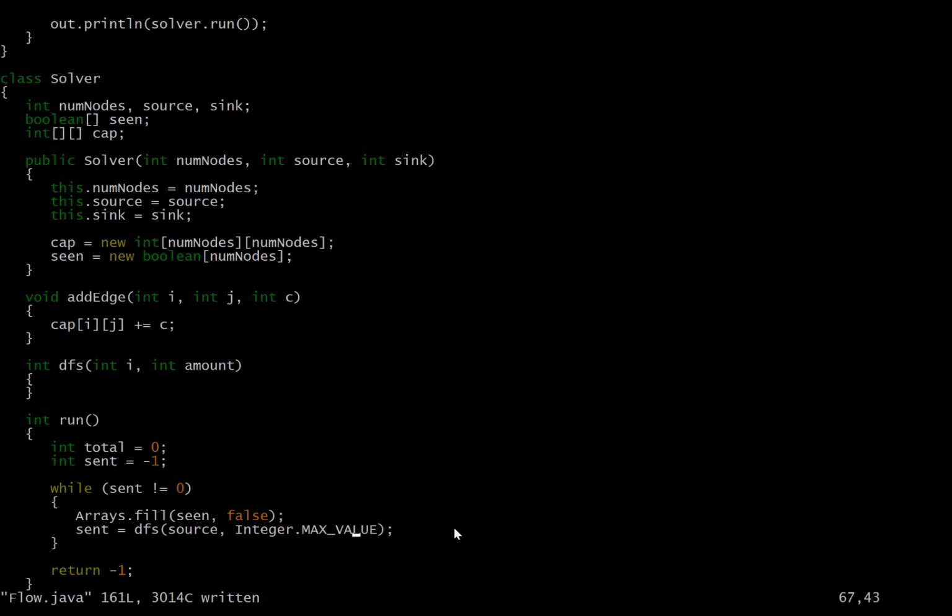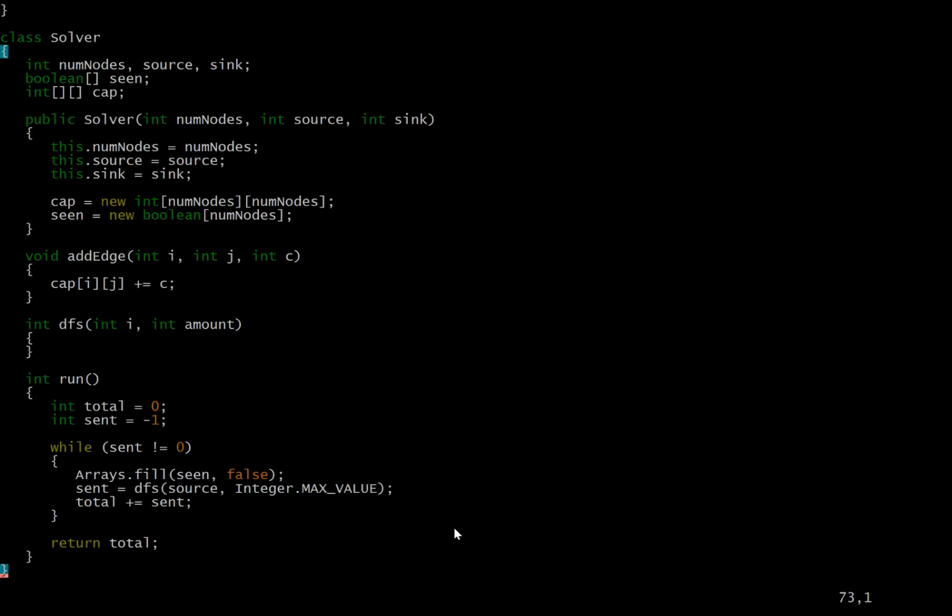Sometimes you might want to put a smaller value if you're worried about overflow or infinity values. That's something to worry about in problems with really large capacities. So something to think about. Add this to my total, and it'll kick out of this for loop as soon as it doesn't find any more flow to send through. Like it can't find any edge. And then I just return the max flow. What was the total that it was able to send through the graph?